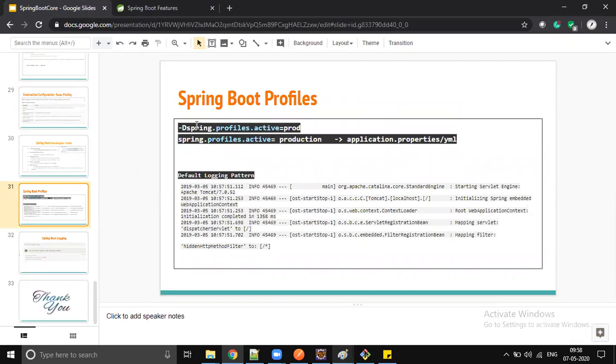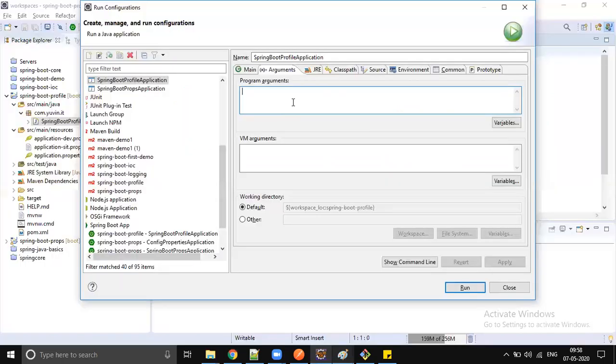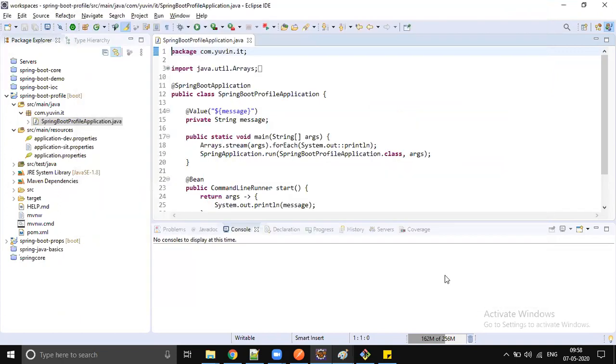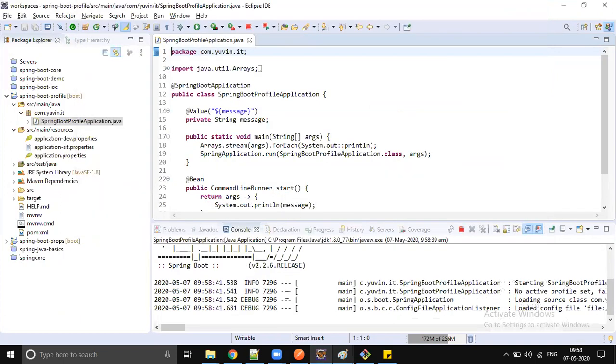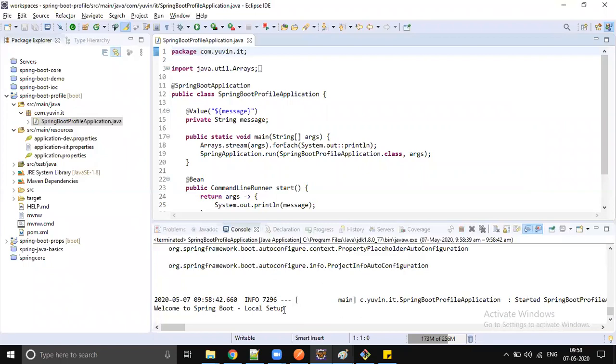What do you have to pass? spring.profiles.active. Which profile do you want to make active? You want to make dev active, then application-dev.properties will automatically be loaded into your Spring Boot application, right?